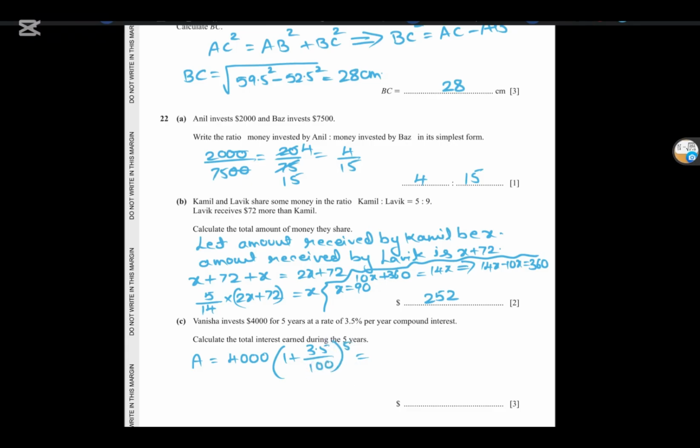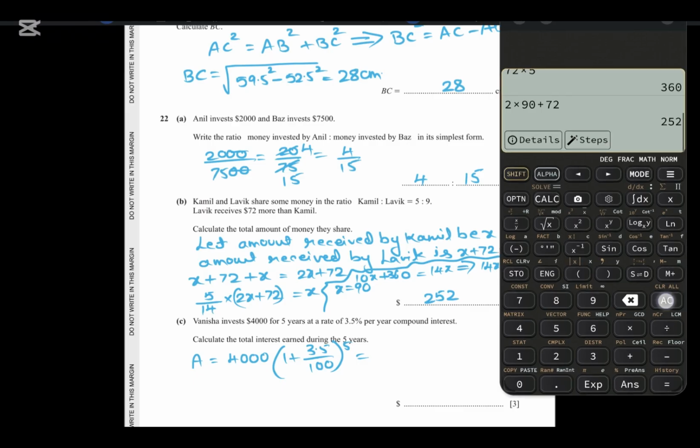Find out 4,000 into 1 plus 3.5 by 100 whole raised to 5 is equal to